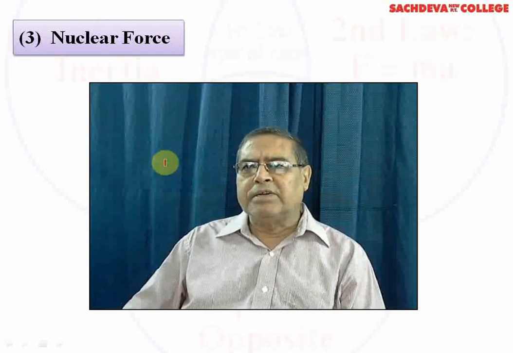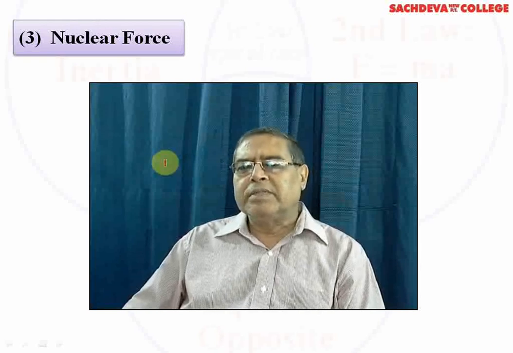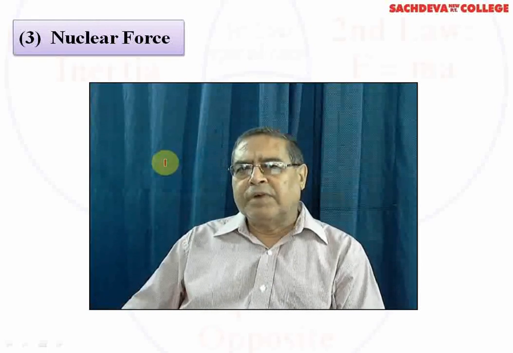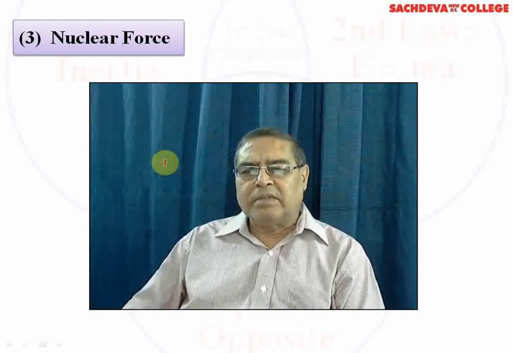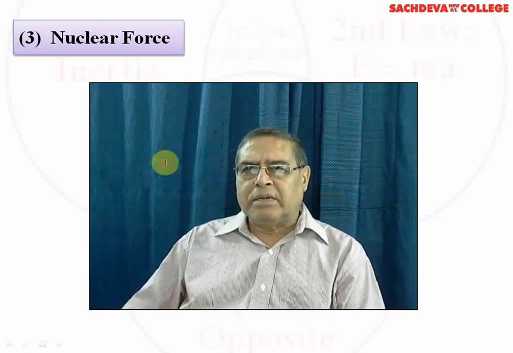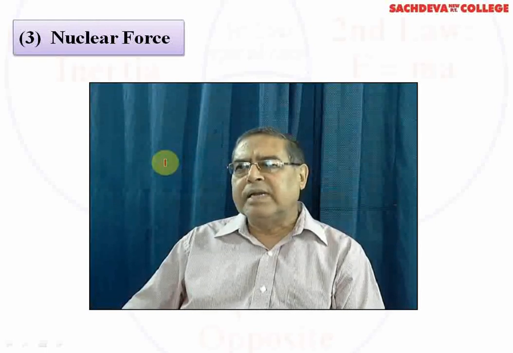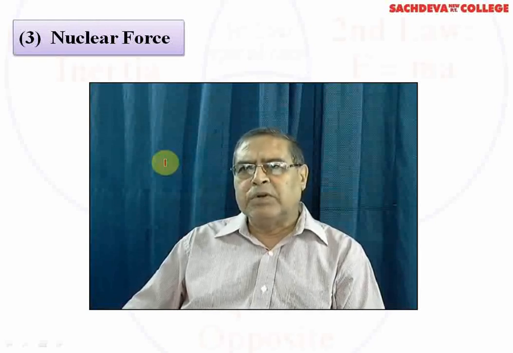If we find that the critical separation is between 0.5 Fermi to 3.8 Fermi, the nucleons have tendency to attract. So, attractive nuclear forces will dominate. Fermi means 10 to the power minus 15 meters or 10 to the power minus 13 centimeters. Then the forces can be repulsive if the separation among the nucleon pairs is less than 0.5 Fermi. The nucleon pairs will begin to repel, and the forces within the nucleons will be the